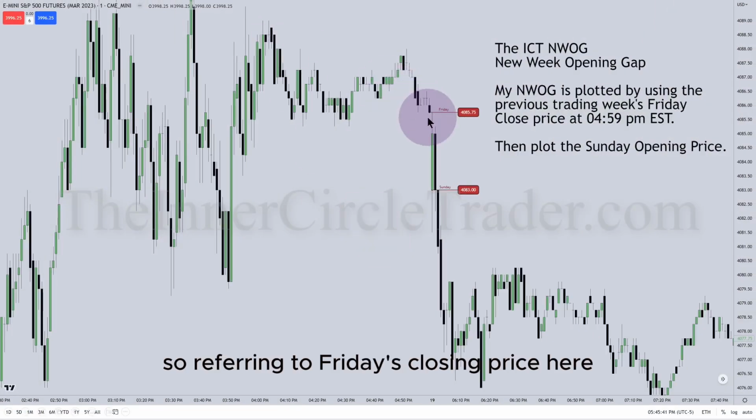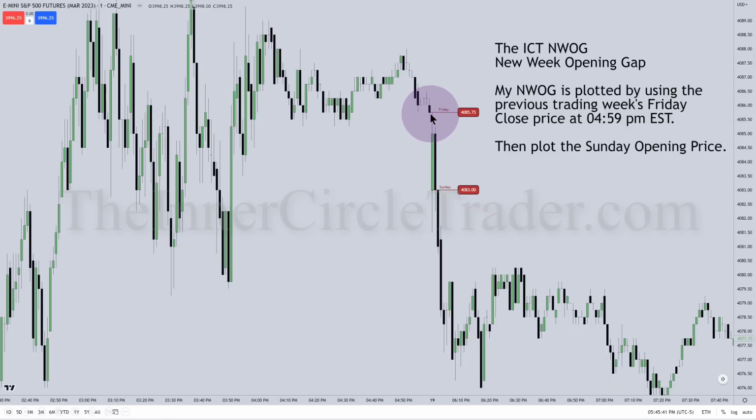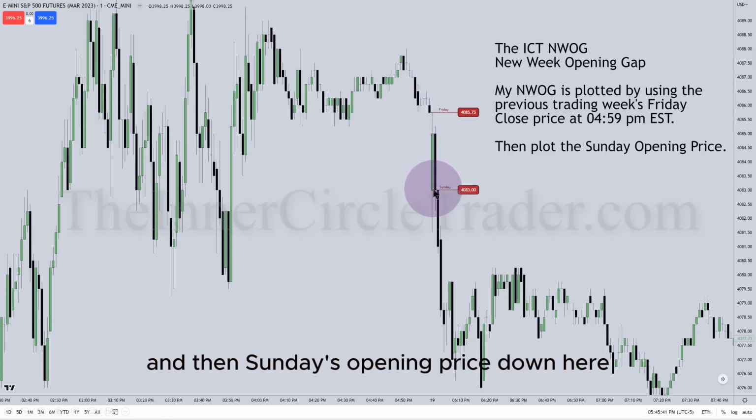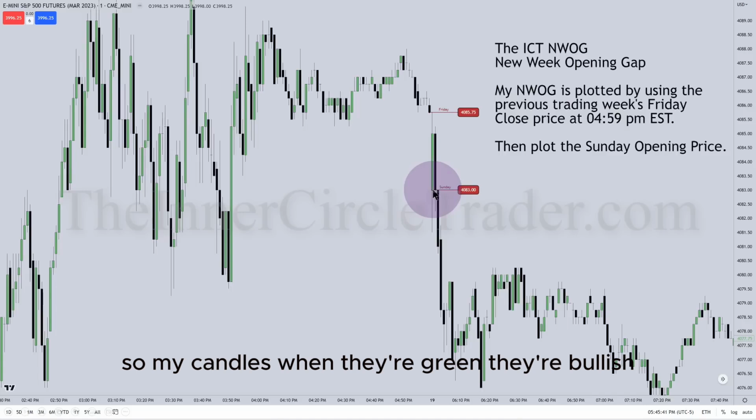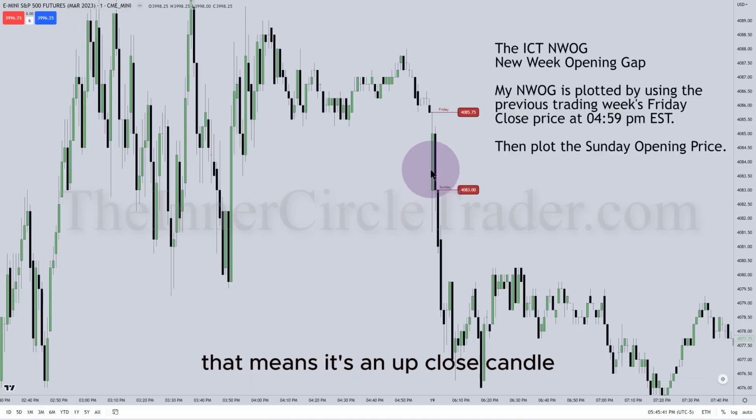So referring to Friday's closing price here, and then Sunday's opening price down here. My candles, when they're green, they're bullish. That means it's an up close candle. A black candle is a down close candle. So we're using the closing price on Friday, the opening price on Sunday. So those two price points